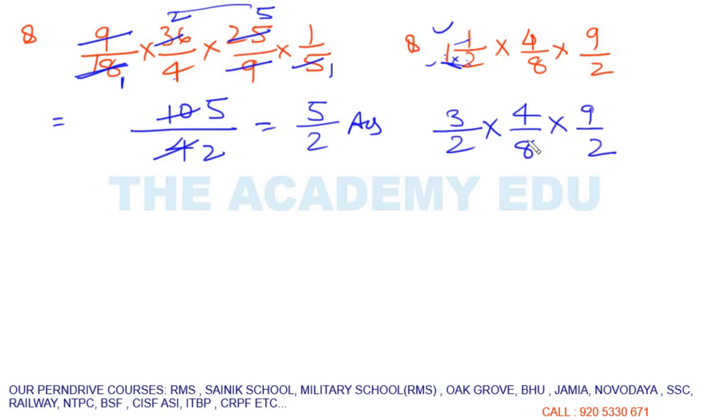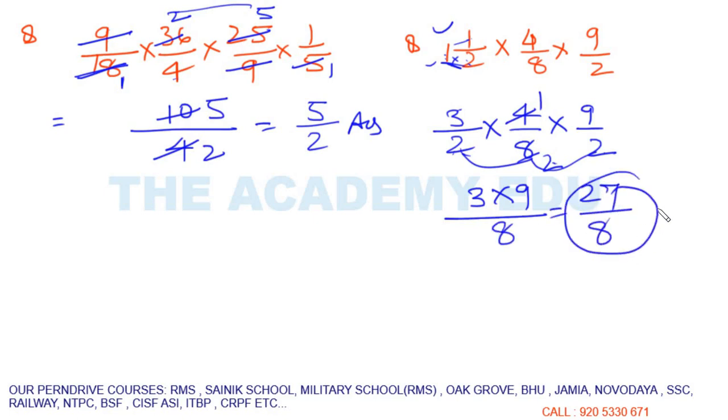Is there any number which can be cancelled? We can cancel it. Yes. See, 4 1 ja 4, 4 2 ja 8. Right? Now we have 3 9 above and 2 2 2 below. So there is no number in numerator and denominator which we can divide by the same number. If I divide by 2, there is no number in the numerator which can be divided by 2. 3 doesn't come in the table of 2. 9 doesn't come in the table of 2. So now we are left with 3 by 9 above and 2 into 2 into 2 here. Means 2 2 ja 4, 4 2 ja 8. 8 here. So 27 by 8 is your answer. This is your answer. Okay guys.